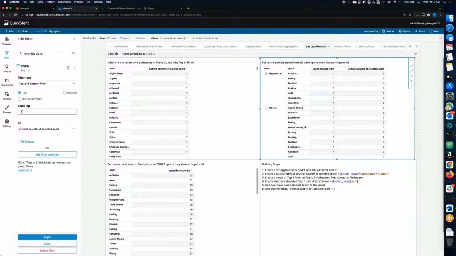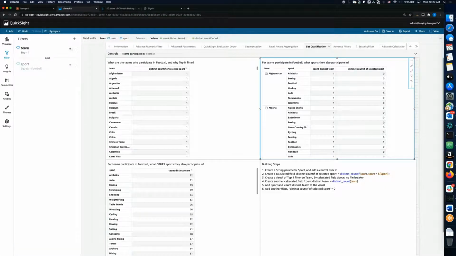It will give us all the records that have ever played in football, right? So basically, it will give us all the teams that have ever played in football. So with that, you can see that for Afghanistan, a country that has ever played football, for this particular record, they also participate in 1, 2, 3, 4, 5, 6, 7